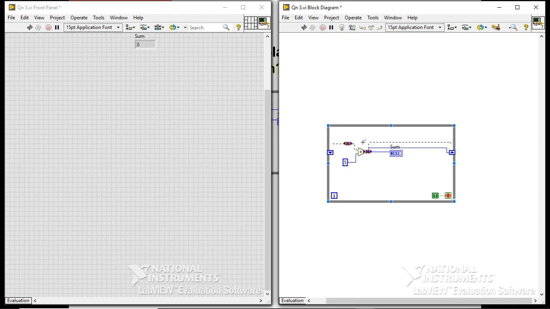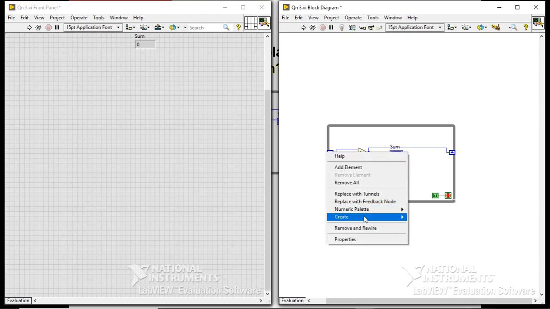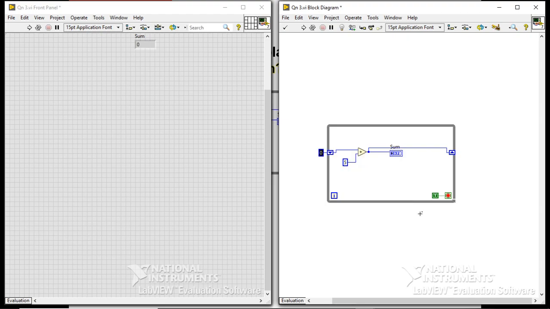The better debugging procedure for that broken wire is, you go to that. There is no element, so simply you can press Control B, that is the broken wire removal shortcut key, and you can connect this one. And if the question has an initialized value, you can give some value: right click, create constant, with the default value 0. If you want to go with some other value, that is also possible, but as per the question, I think there is no initialization, so let us go for it.